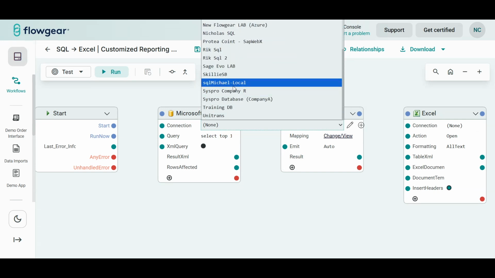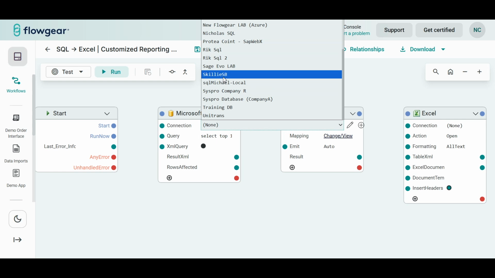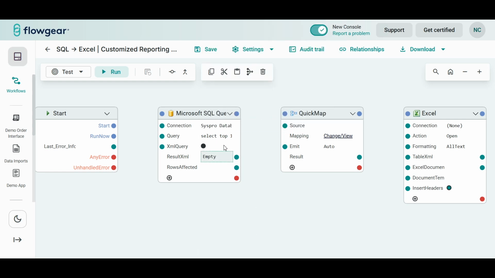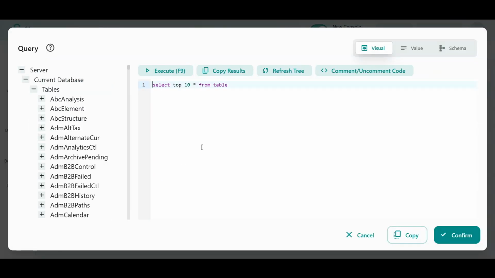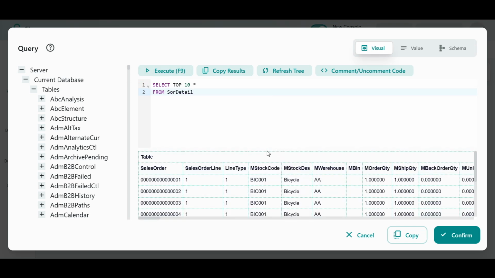We'll pick our Syspro DB. And then as we select on the query, we can see that it's actually highlighting all the different tables we have available to us. Now, we're going to get information from SOAR details, so what we're simply going to do is select top 10 all from SOAR detail, just so we can get some sample information that we can actually work with. And you can see unique sales order lines here with the quantity that's actually been applied to that particular